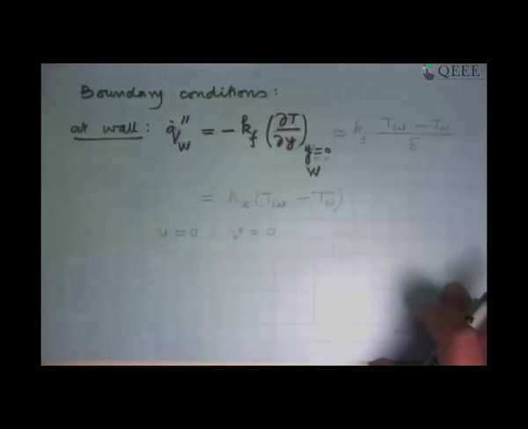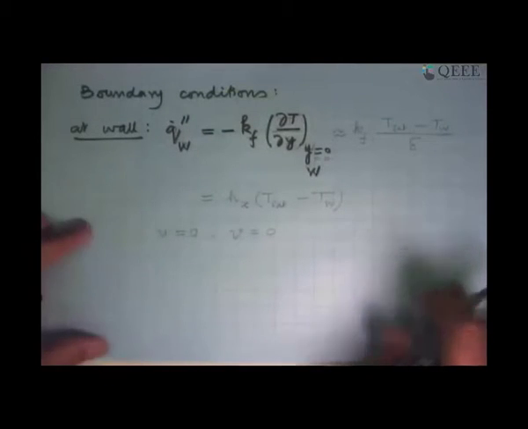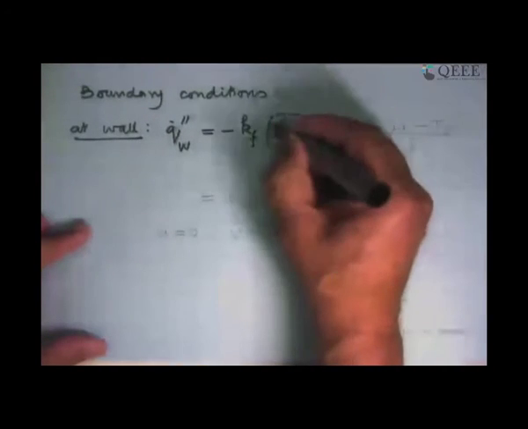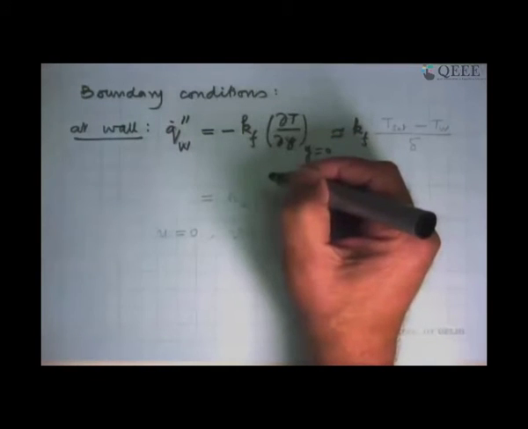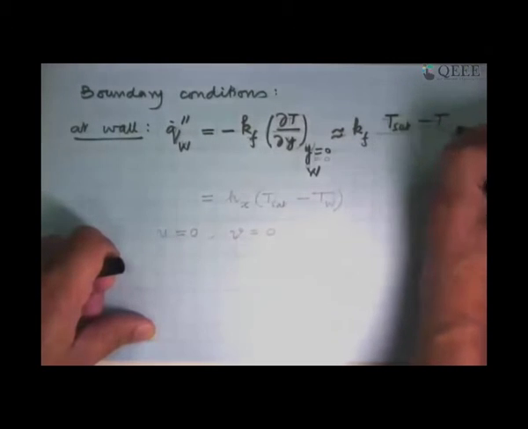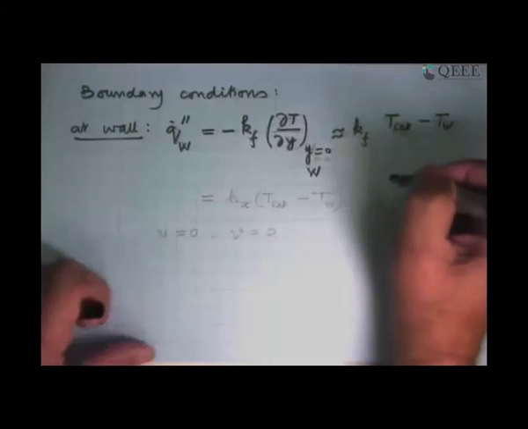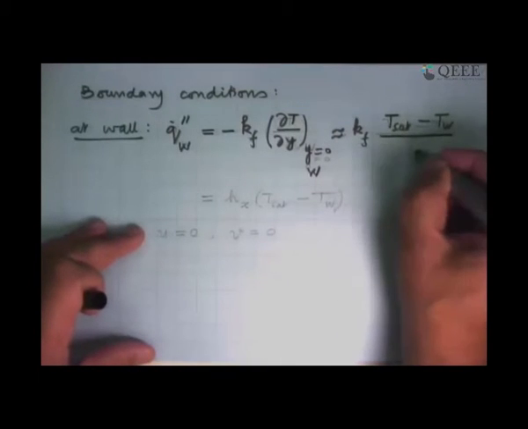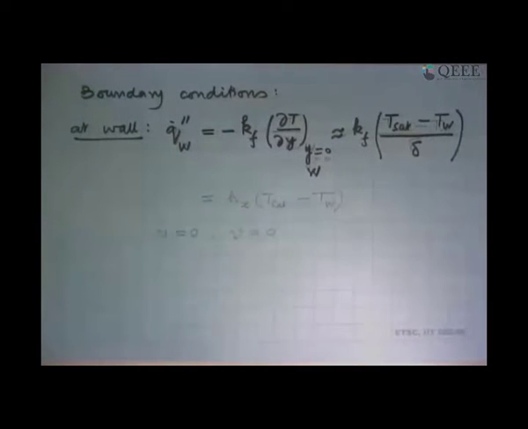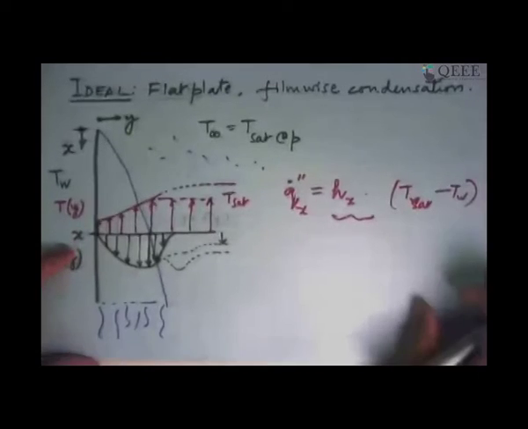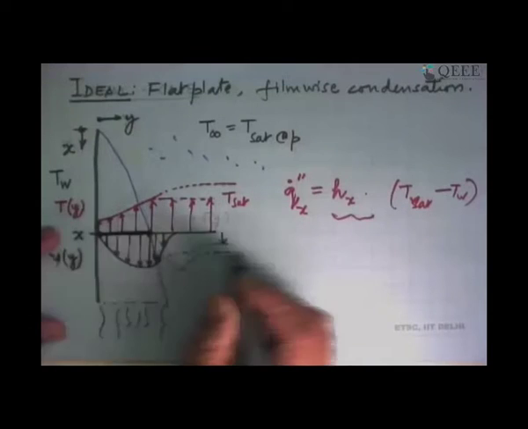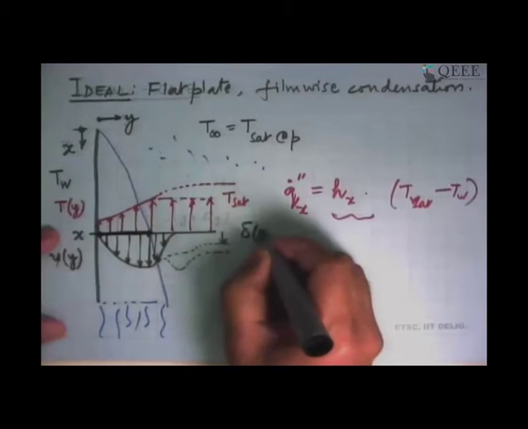And we say, well, can I get an order of magnitude about these things? Okay, kf is where kf is. This thing, I need a temperature difference and a distance over which that temperature difference is being experienced. The temperature difference we have in the problem is T sat minus T wall. And as we saw in that film thickness thing, this temperature difference was acting over the thickness of the film at that point, and that is what we call delta. So in this problem, this distance here to here, this is delta, which in turn is a function of x.